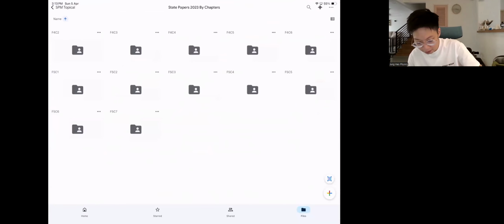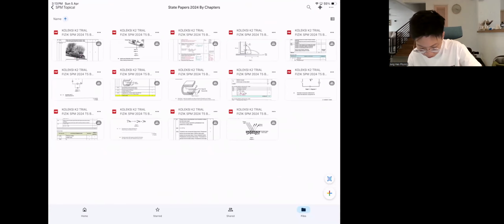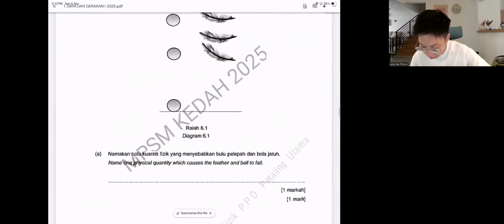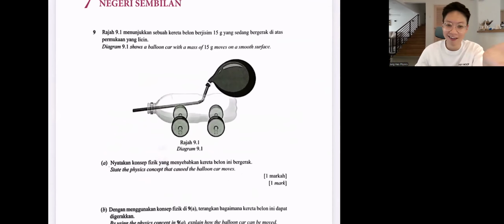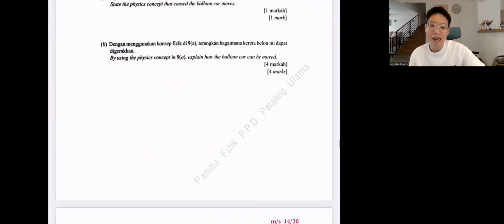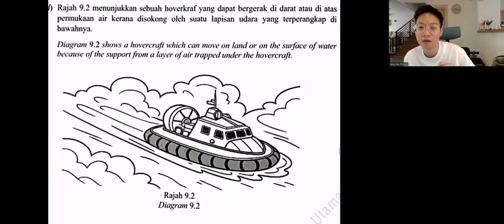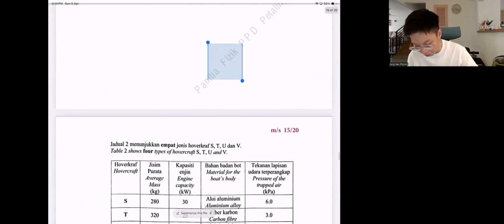Now if you look at 2025, actually we zoom to the latest. You see in 2025, the question now becomes something like, wow, they make a concept of a balloon with a bottle, because everybody will study water rocket, right? Then they give you some weird question like this. Then after that, they'll give you a hovercraft. Then you will start to feel, oh teacher, why is the question so weird?